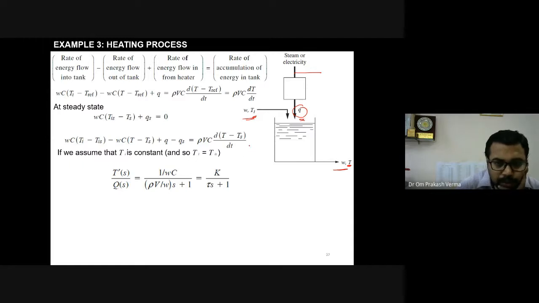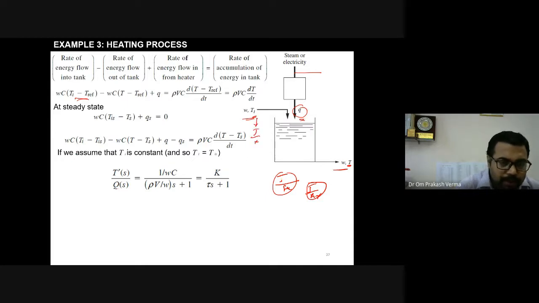So for that purpose, we are now avoiding all the controller part and simply developing the model. Okay, so how will the model be developed? The ultimate model should be in the form of heat transfer. The unit of heat or energy is simply joule, so we will write joule per second or joule per hour. So whatever is entering the tank, we have to write the equation in the form of joule per second or joule per hour.